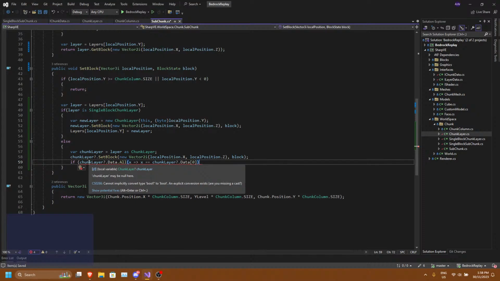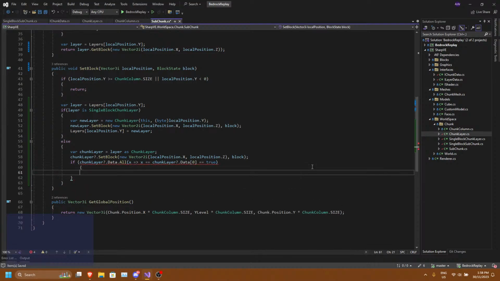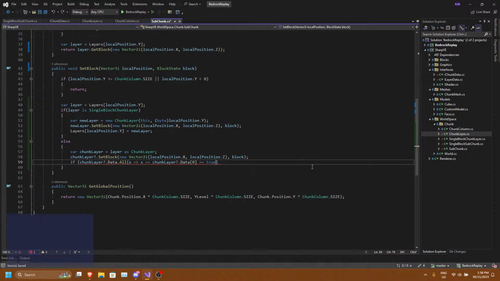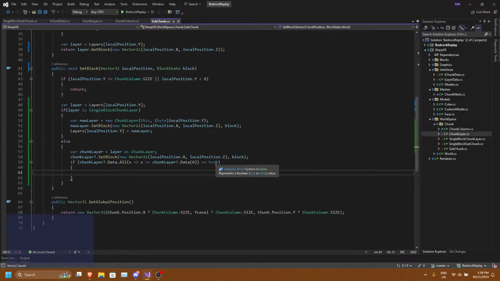Cannot implicitly convert bool to bool. Just do that.